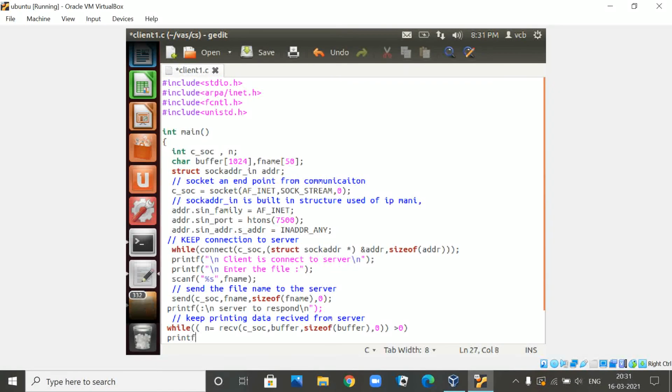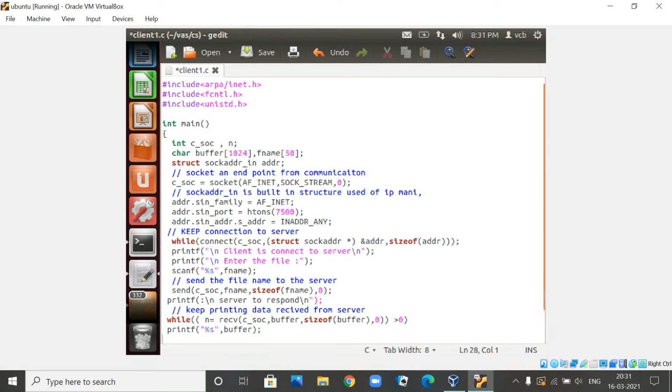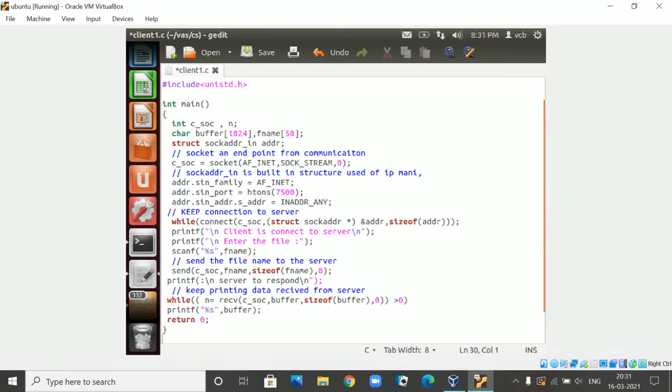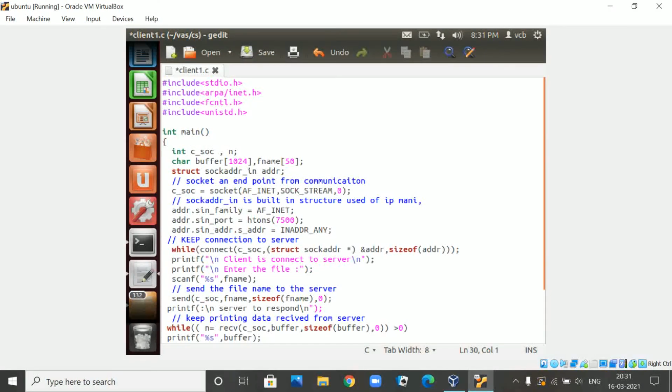Finally you are going to print the content present in the buffer. So we'll say printf %s in double quotation marks, comma, buffer. That means whatever data the server is sending is displayed on our client machine, right? Finally you say return 0 and end your program. Now this is your client side program.